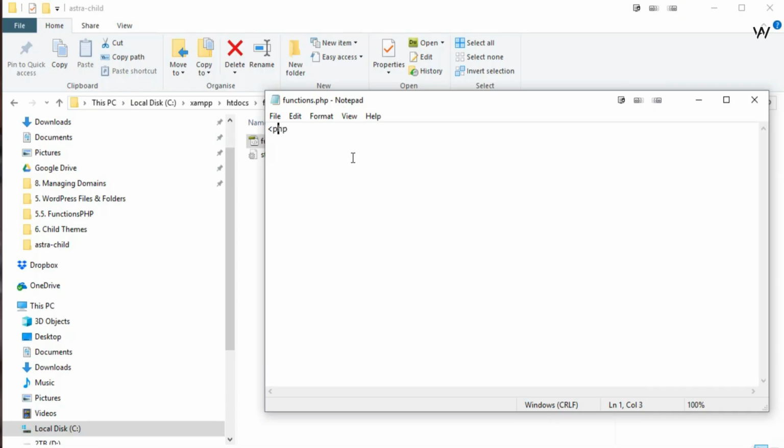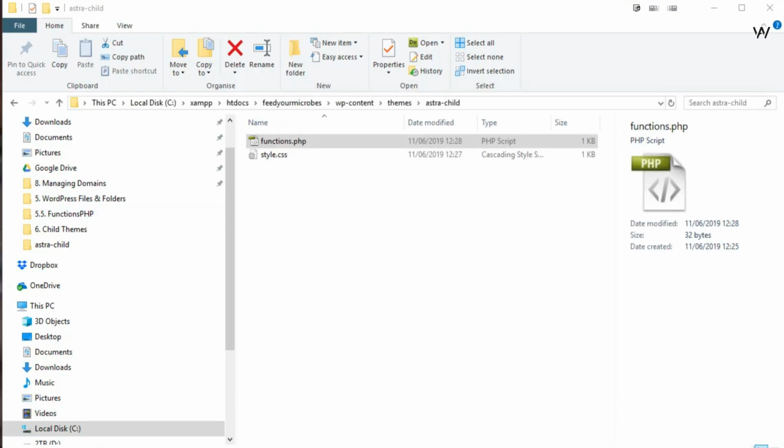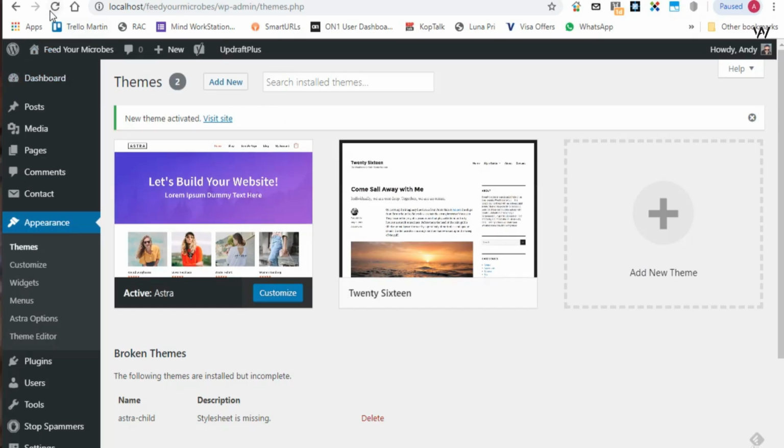I forgot the question mark. So it's less than question mark PHP, and then I'm going to put in just a comment. Let's put, in fact, child code goes here. So any functions or anything you put into your functions.php will go into this section of the file. Now let's save that, and let's go back to our themes on the site,